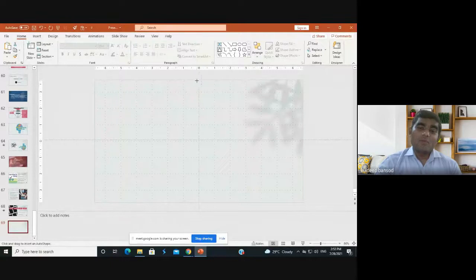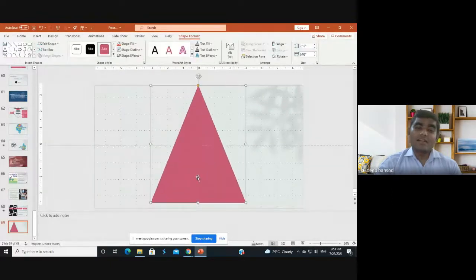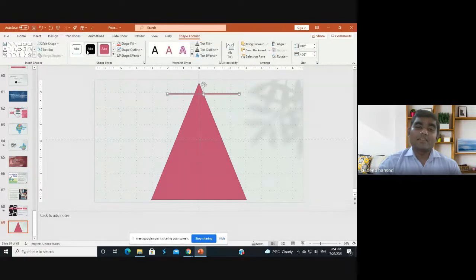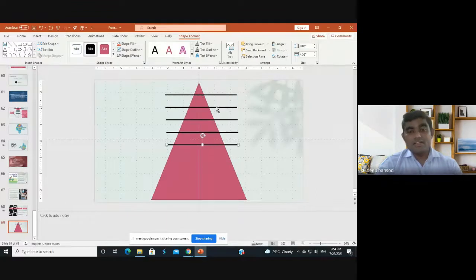I am opening a triangle in this way. Now this triangle will become the middle, center, middle. Now this is perfectly inside the middle. Then I have taken this and given it a black color. Now I am pressing Control B.